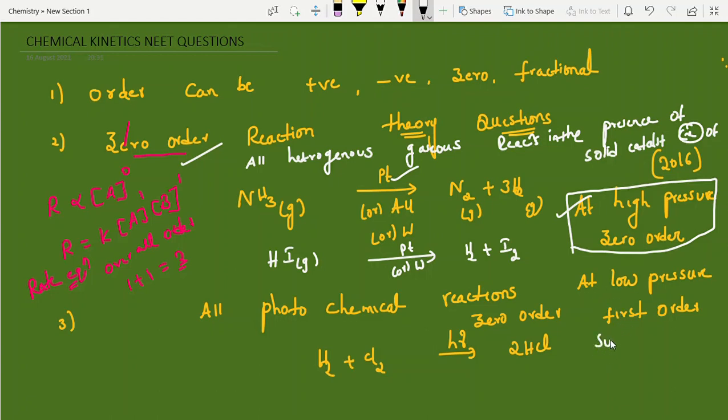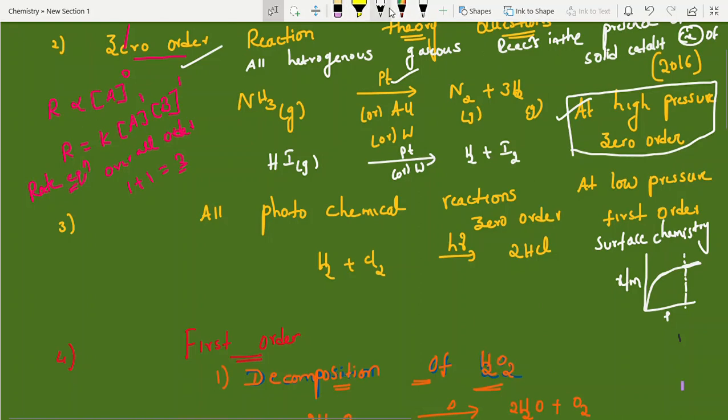Why? We have learnt this point already in surface chemistry, in chemisorption. If you look into the graph, at low pressure, what happens, students? Adsorption is increasing, right? So at high pressures, what happened? Langmuir gave the explanation of high pressure. I am briefly explaining the points here. In the next videos, I am going to do surface chemistry also, and there we can discuss more. Okay, here at high pressure, suppose this is a catalyst. Catalyst with high pressure, we are sending gaseous molecules.